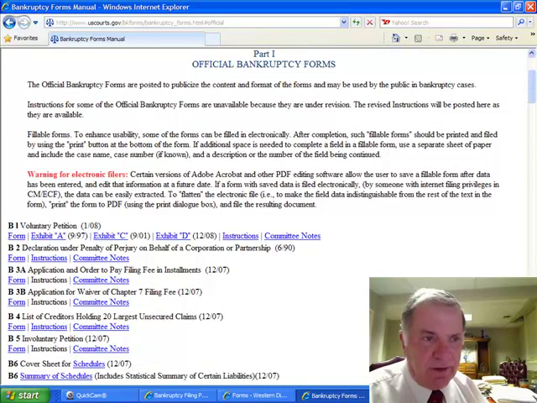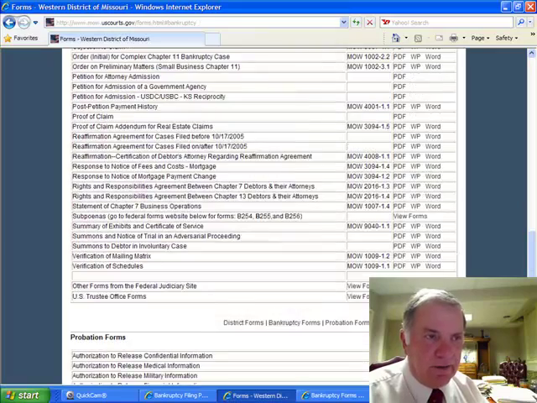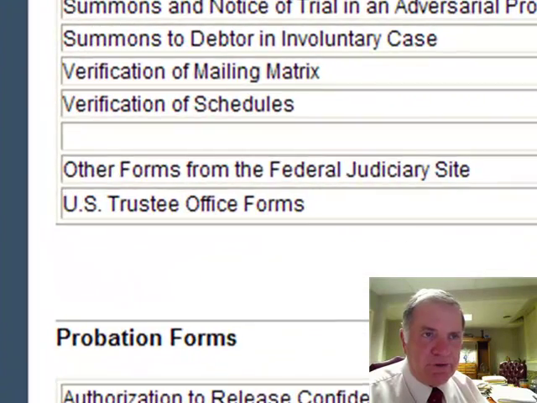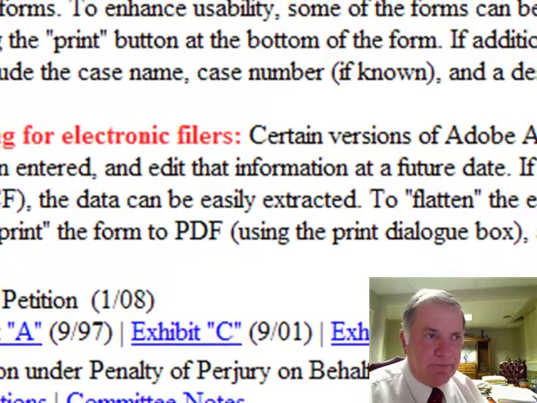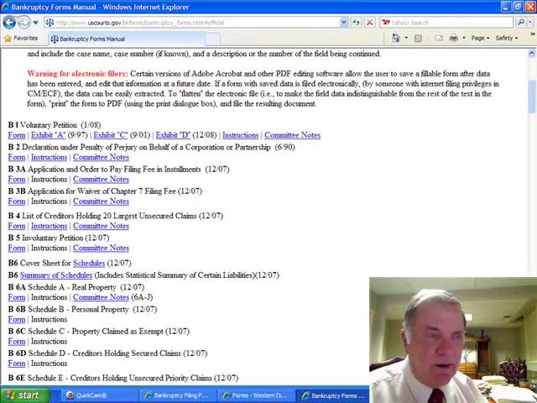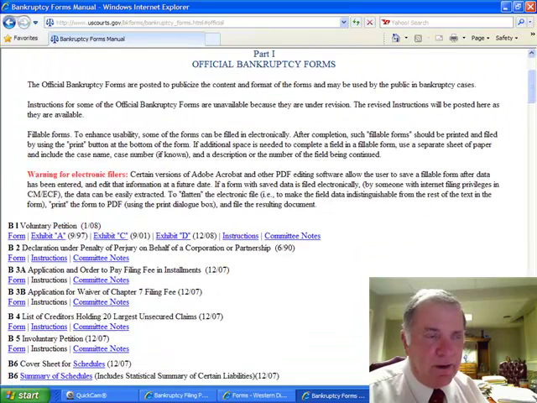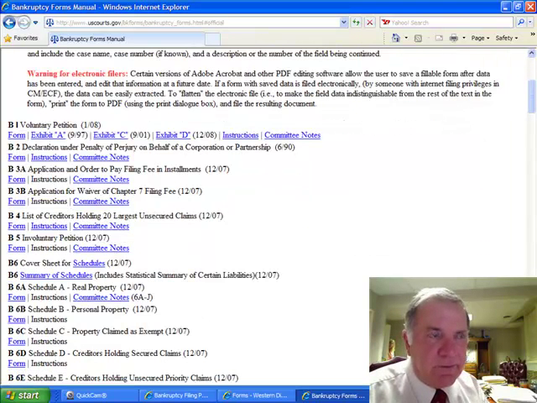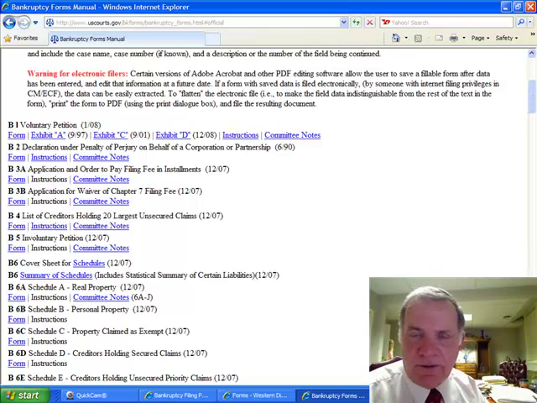If you click on that federal, let's go back here for a minute. If you click here on other forms from the federal judiciary side, it will take you to this website. And this is where all your bankruptcy court forms are, the forms that we actually use in bankruptcy. And you can print those out. For some of the forms, there are instructions that go along with them. They're not really usable in this context. We attorneys don't really use this website to obtain our forms. We use bankruptcy software that permits us to realistically put the information in your petition that needs to be put in there. But these forms will give you a good insight into what's available.